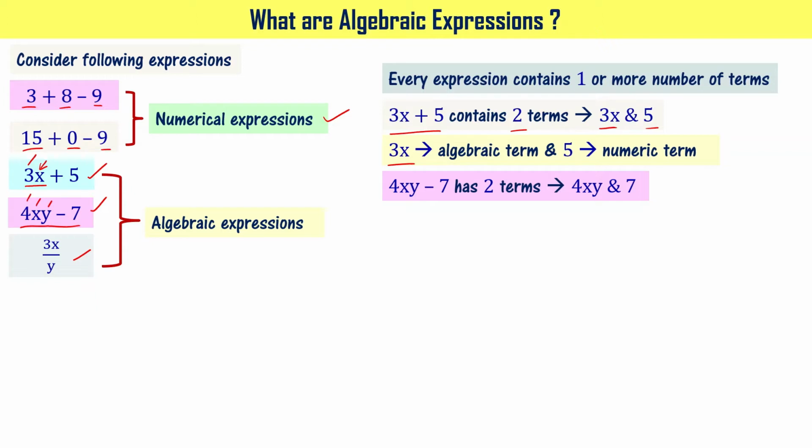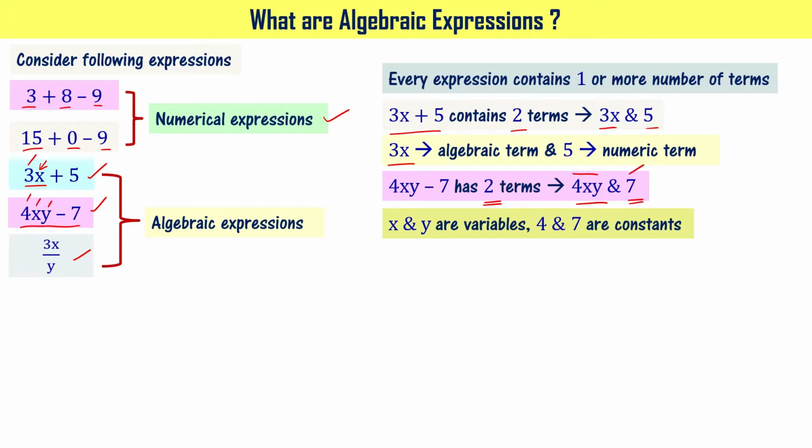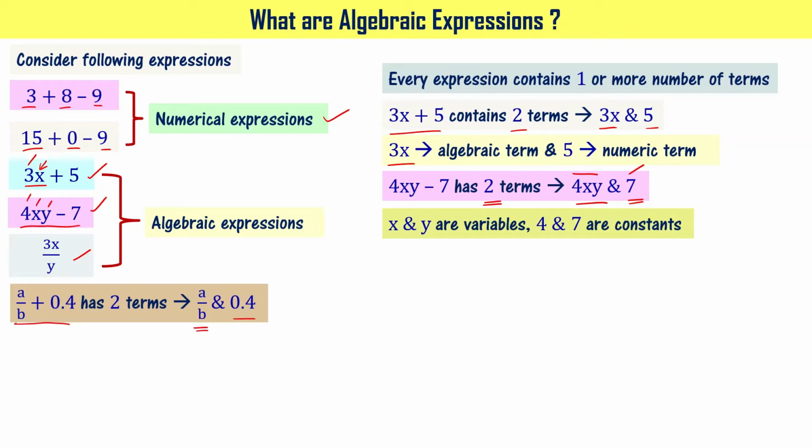In the case of 4xy minus 7, you have two terms, right? 4xy is one term and 7 is another term. x and y are the variables here. 4 and 7 are the constants, right? 4xy is the algebraic term and 7 is the numeric term, right? Let us consider another expression, that is a by b plus 0.4. It has two terms. a by b is one term and 0.4 is another term, right? The variables are a and b, whereas the constant is 0.4,